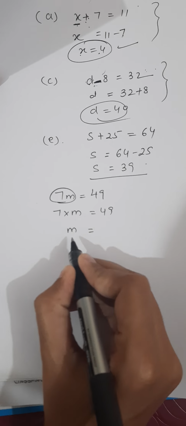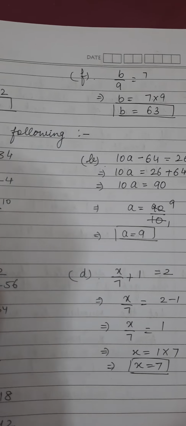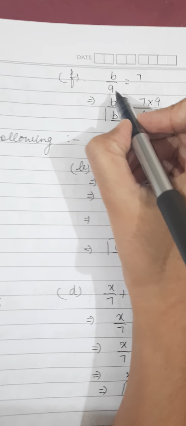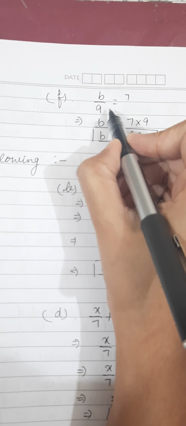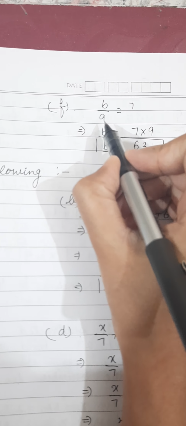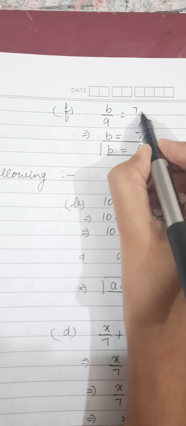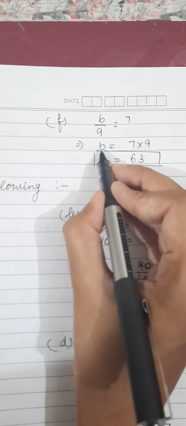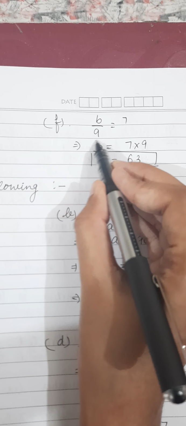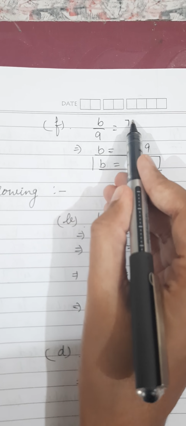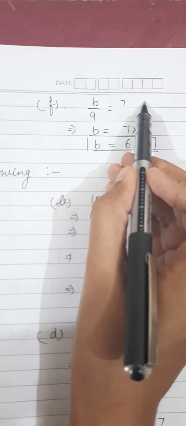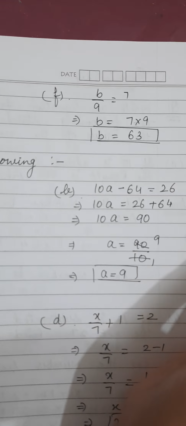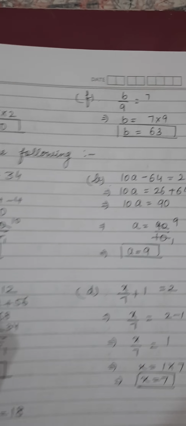Now next, E part also and F part also, they both are on the concept of D. So what you are going to do here is, now can you see that 9 is in the denominator, so I am going to take this 9, which is in divide, to the other side in multiply. So b will remain here as it is, because we want b at one side, because we have to find the value of this b, and then 9 will be on the other side in multiply. 9 7s are 63. Now this question number 3 is there.